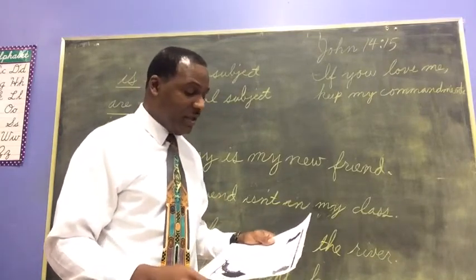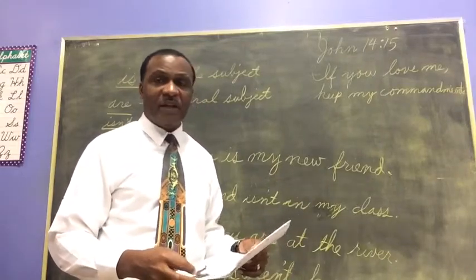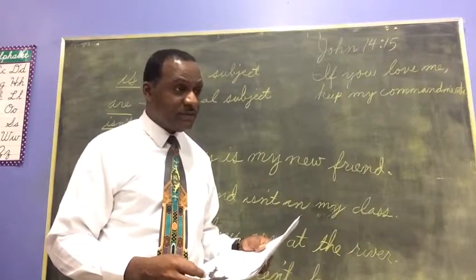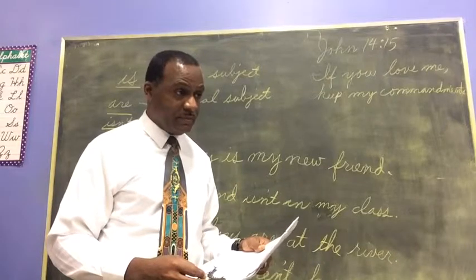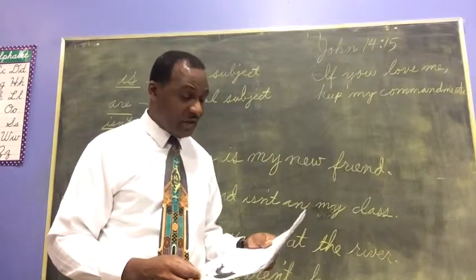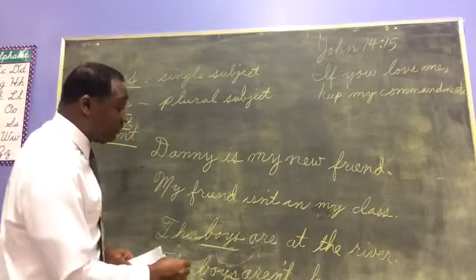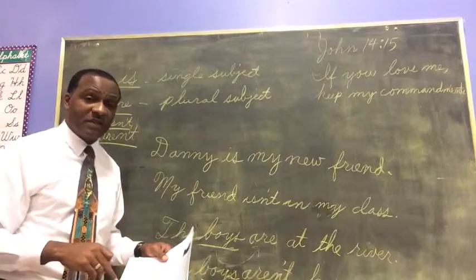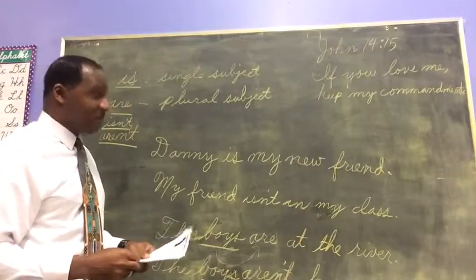Let's do the last one. These homes blank made of stone. How about that? Titus. These homes are made of stone. Okay, so that would be the way you would use that. We use are for the word homes because homes is plural, and are is a plural use of the word. So again, I hope this